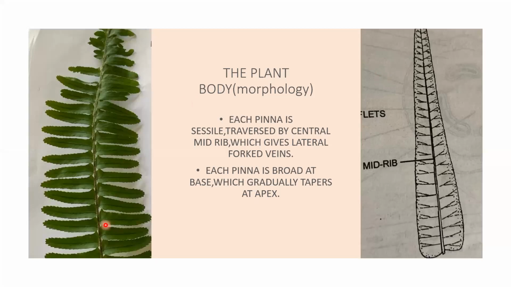Now, this is again a leaf of Pteris. These are the pinnae, which are broad at the base and narrow toward the apex, and the central part of the pinna is called the midrib. They are sessile because they don't have any stalk. They are directly arising from the rachis part of the leaf, and the leaf is quite big in size, so macrophyllous condition. And we can see here venation. This part is midrib, and here this part is midrib. From the midrib, veins are arising, and here you can see veins bifurcating near the margin.